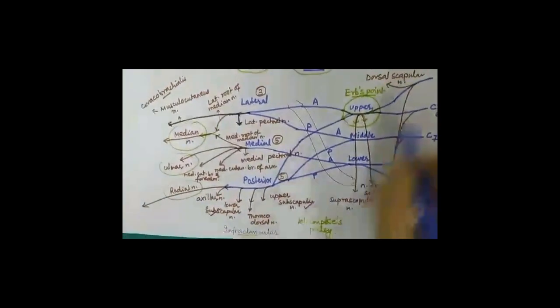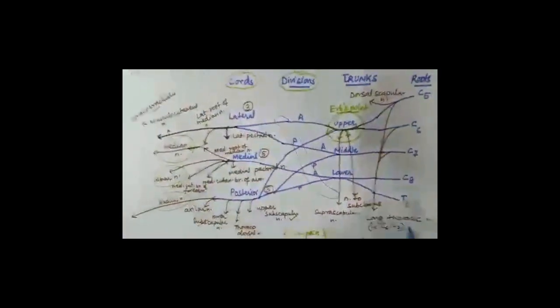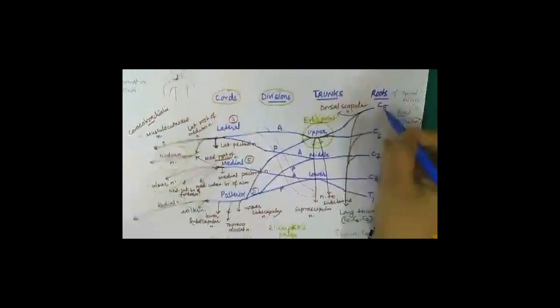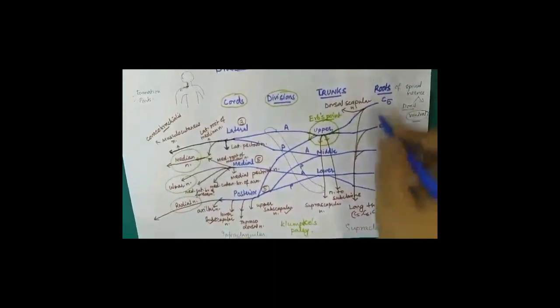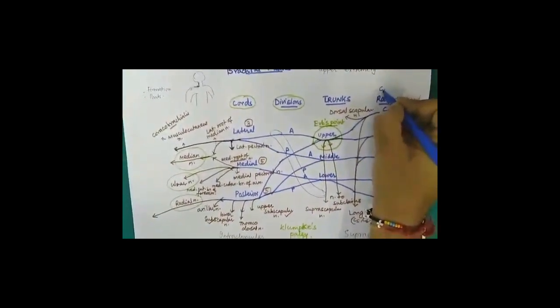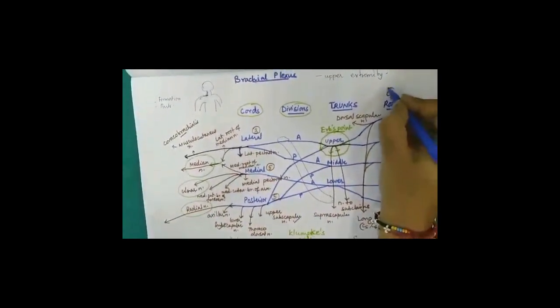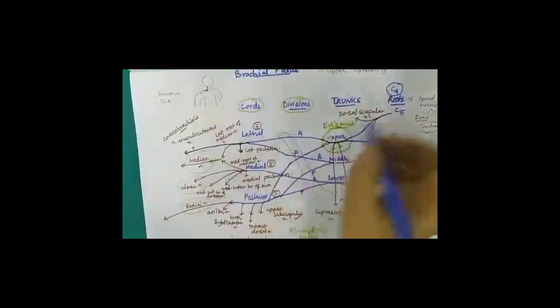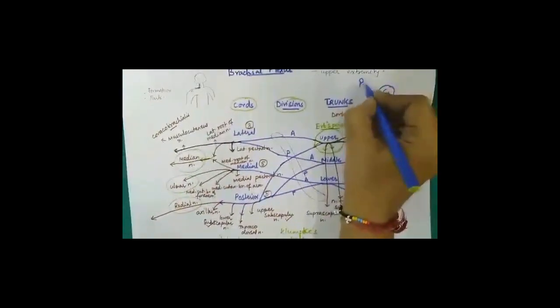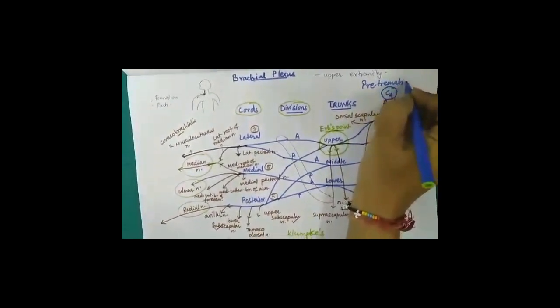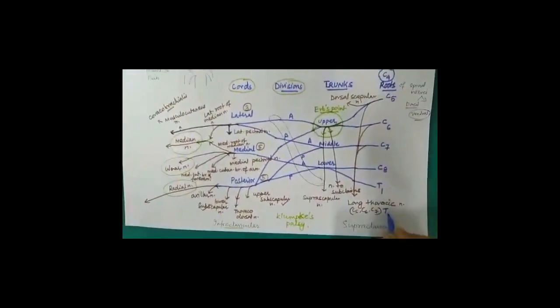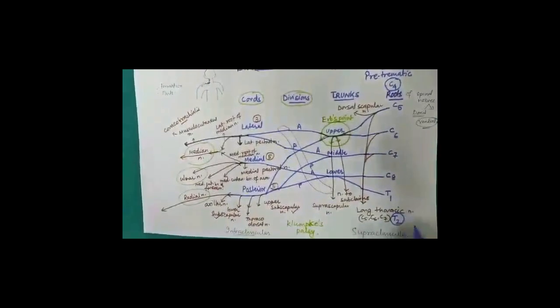Now, sometimes in this brachial plexus, rather than the joining of C5, C6, C7, C8 and T1 roots, there may be an extra root present, which is called C4. If C4 is present, then the brachial plexus is called pre-fixed type, and if a T2 extra root is present, it is called